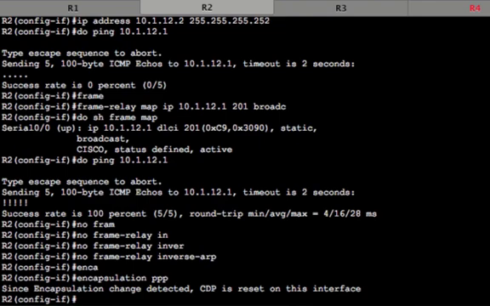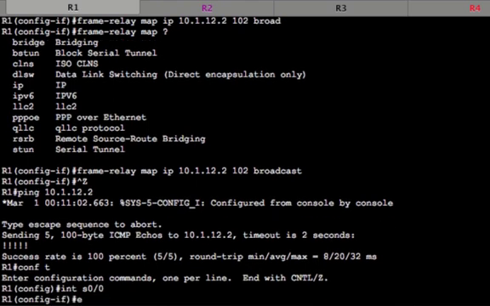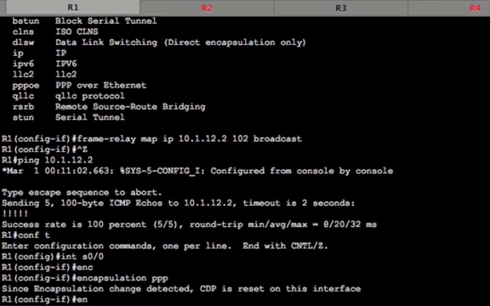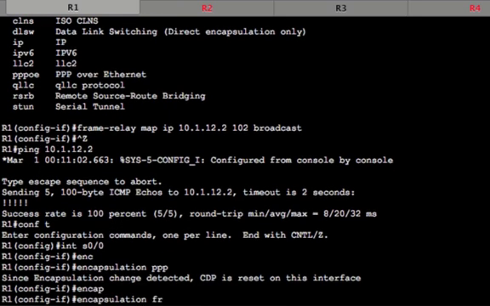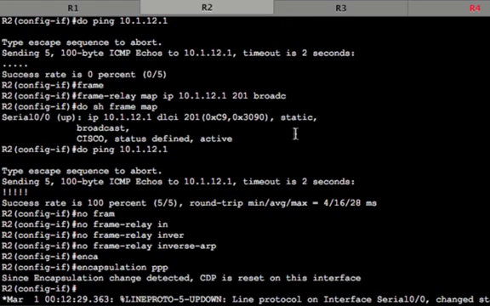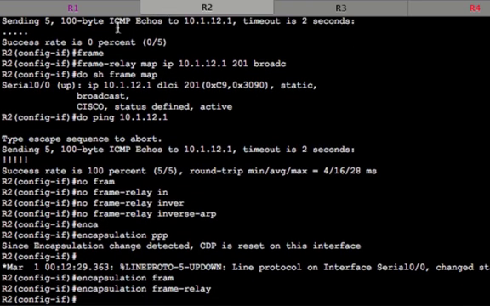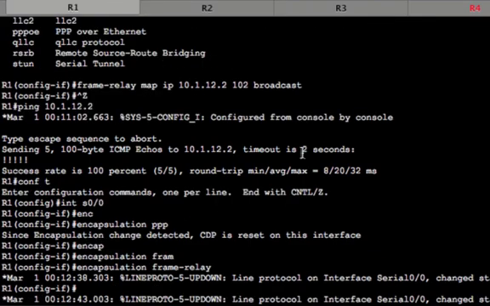Encapsulation PVP gets rid of all the frame relay gubbins, and then on R1 we'll do the same. Encapsulation PVP, and then let's put frame relay back on again. So encapsulation frame relay, and then same on R2, encapsulation frame relay. There we go. So on R1, what I think we'll do, so we can do multipoint, where basically let's say